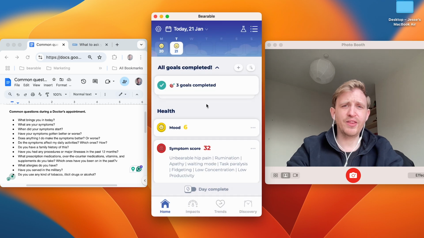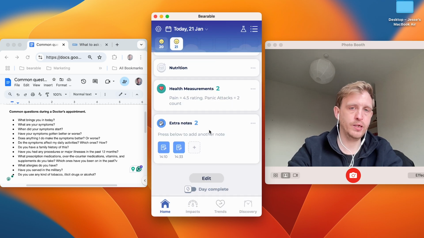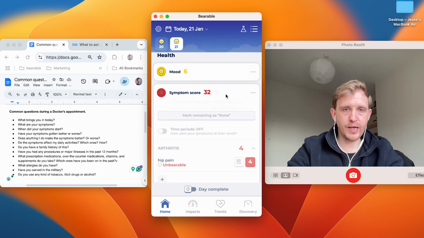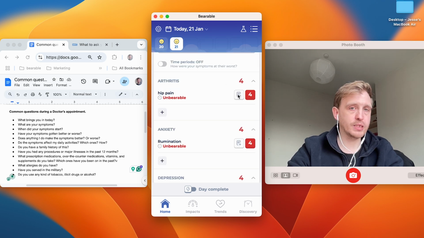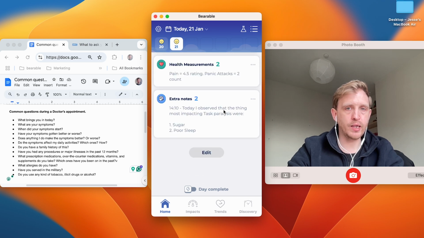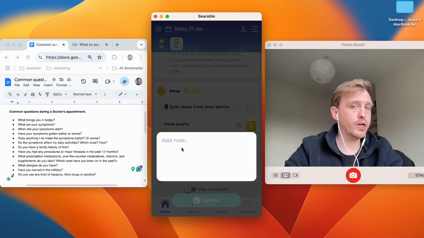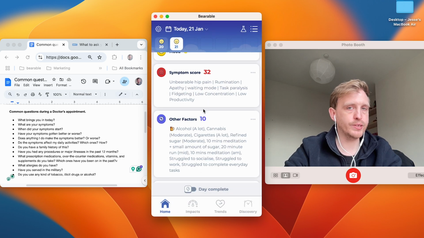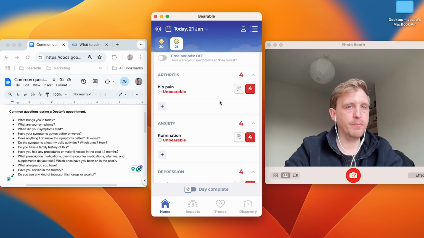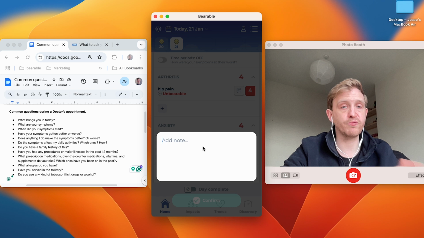Something that I should probably touch on very quickly as well is that extra notes is a premium feature, but actually you'll see that there's a free way to do this too. For any of your symptoms, for any of your other health outcome entries, there are notes sections. So you can add these notes to symptoms, to sleep, to mood. You don't have to add them in the extra notes section if you don't have a subscription. So you can do this for free as well.